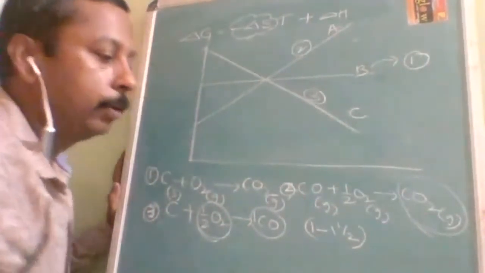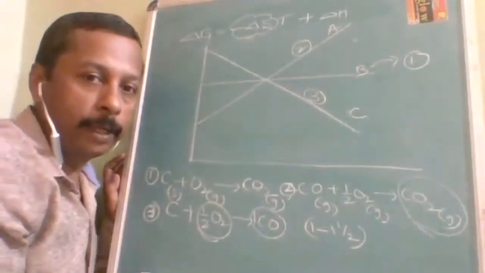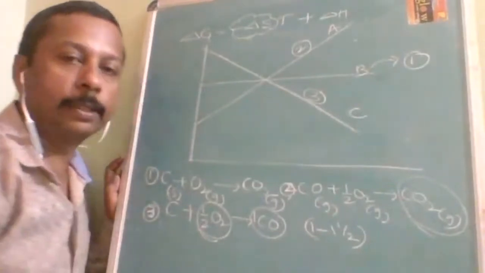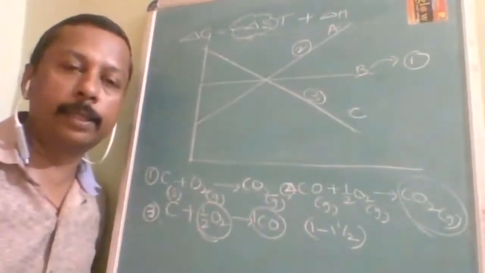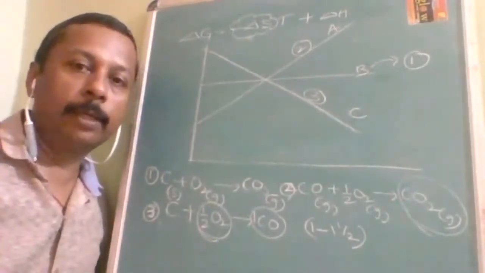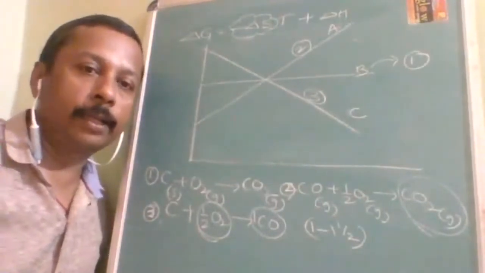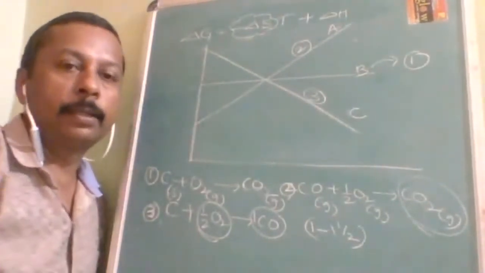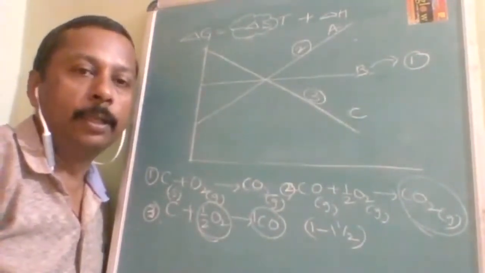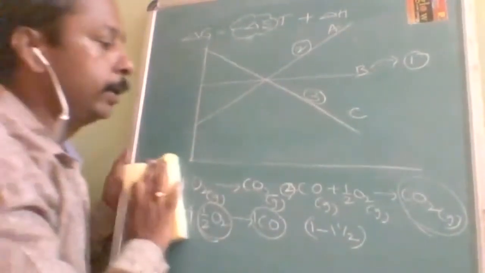Okay, so this is how we will study the Ellingham diagram. The Ellingham diagram is basically a graph drawn by taking delta G on the y-axis and temperature on the x-axis. It uses the Gibbs-Helmholtz equation. Where is it used? It is used to find whether a given substance forms an oxide or not, and at what temperature we should maintain. So higher the temperature.